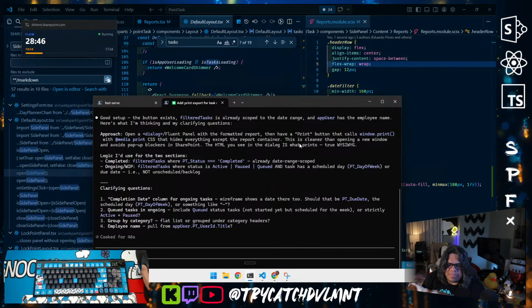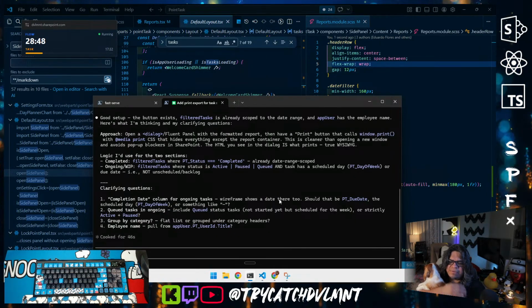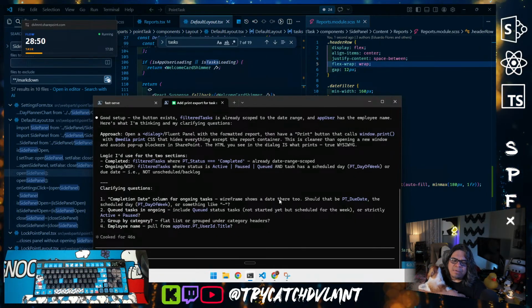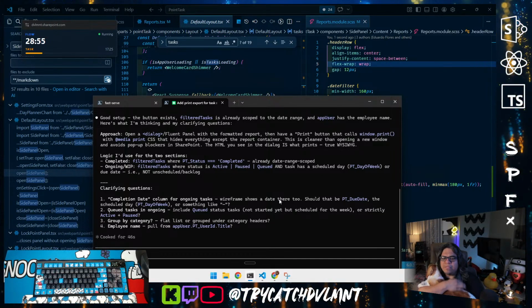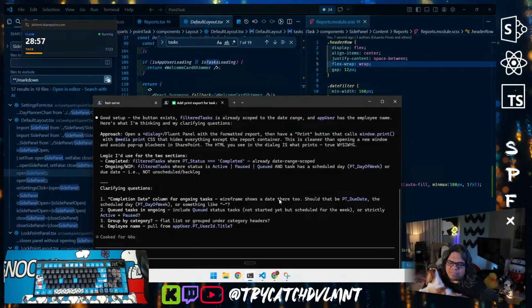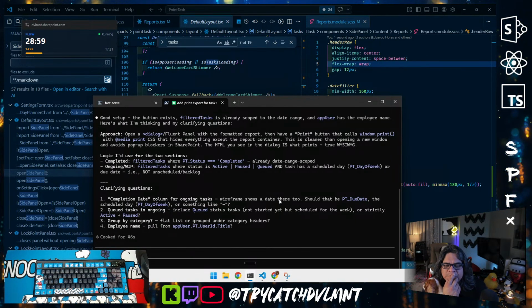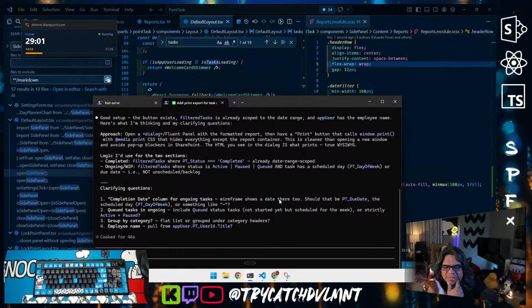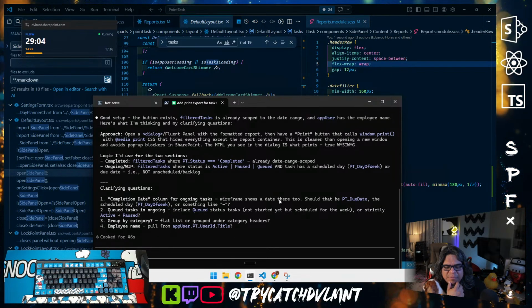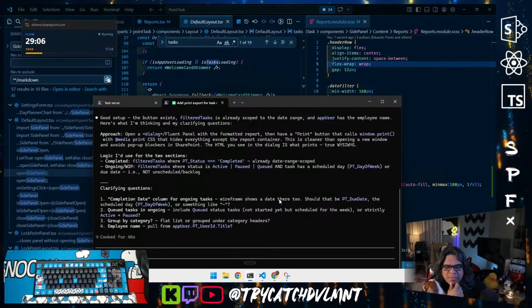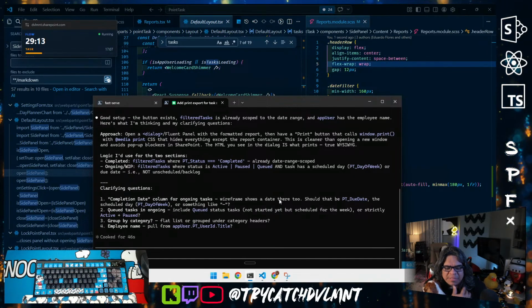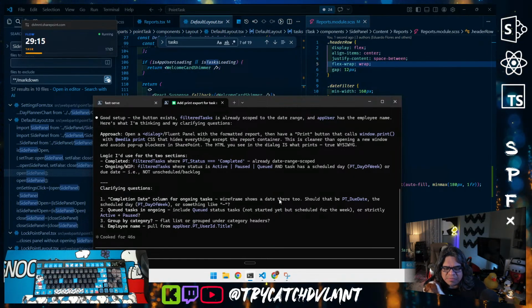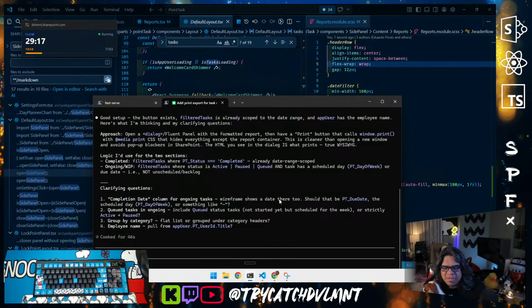Good setup. The button exists. Filter tasks is already scoped for the date range. Approach, open a dialog, fluent panel with formatted reports. Then have a print button that calls window print. Hides everything except the report container. This is cleaner. Open a new window. Avoids pop-up blockers in SharePoint. Completion date, column for ongoing tasks. Wireframe shows date there too. Oh yeah,